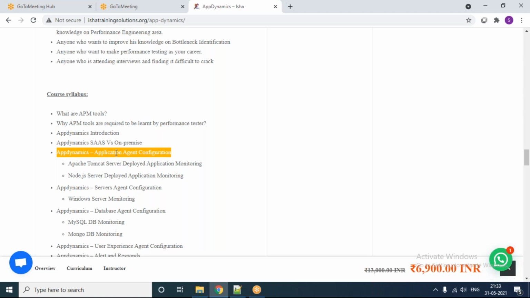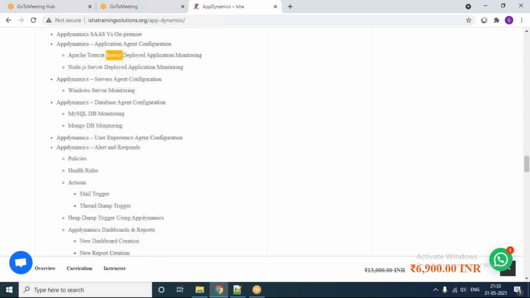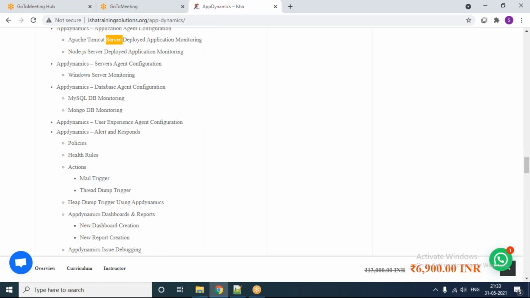So these are the agent configurations that we are going to learn: one is the application agent, another is the machine agent, another is the DB agent, another is the user experience agent. Layer by layer we can cover all these things using these agents. And then we are going to use alerts concepts. What are alerts concepts?